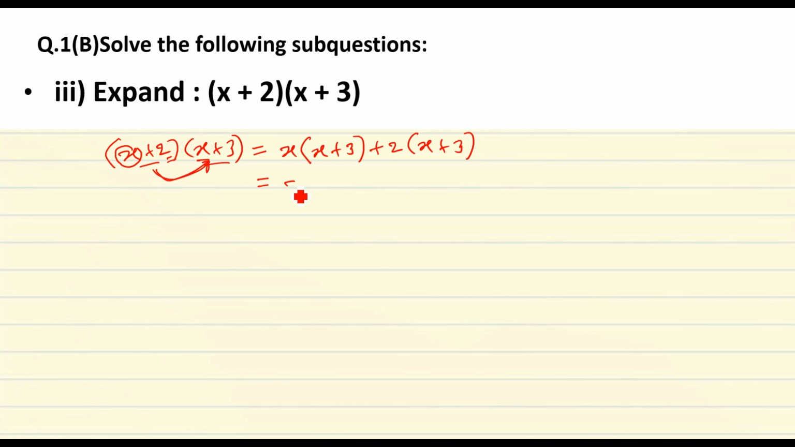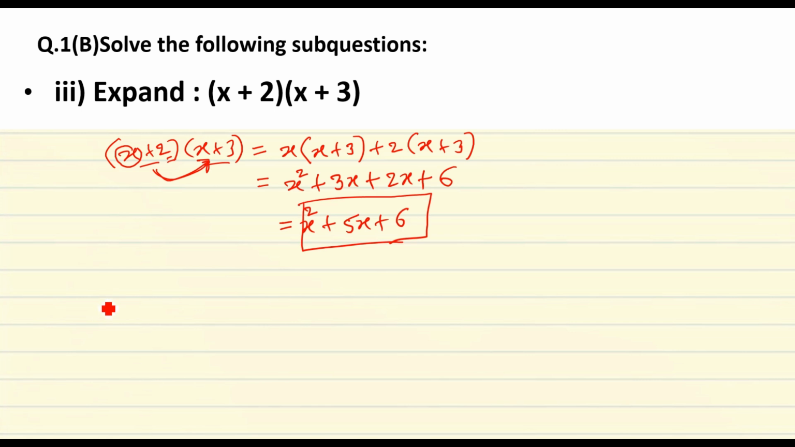So now x multiplied by x is x square, 3 multiplied by x is 3x, and then 2 multiplied by x is 2x, and 3 2s are 6. So the final answer will be x square plus 3 plus 2 is 5x plus 6. This is the expansion by one of the methods, but as a student of 8th standard, we have to